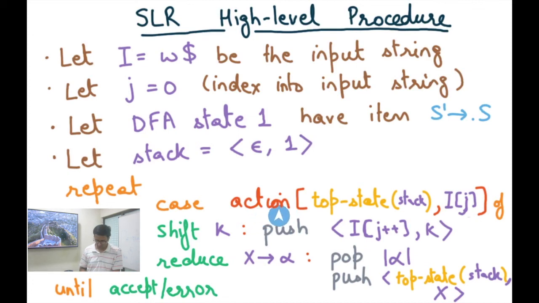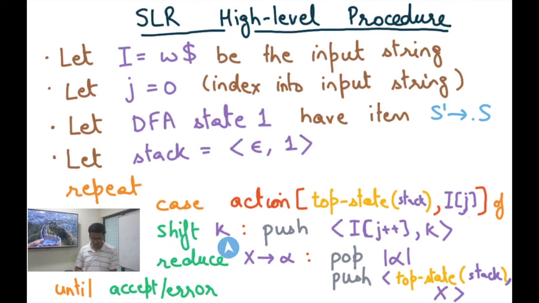So I consult the action table, and what do I consult it using? I consult it using the state at the top of the stack, right? The state at the top of the stack represents the current state of the DFA. And then what is the next input? That's represented by i[j]. Okay, so j represents the cursor, and so i[j] represents the next input, also called the lookahead input. So look at the top state of the stack and look at the lookahead input, and based on that, see what the action is.